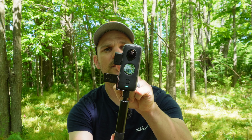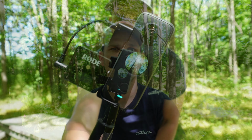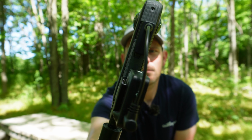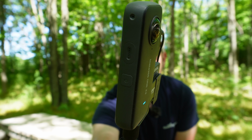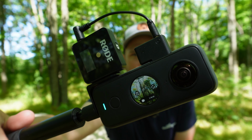You're going to want to pick up the Insta360 OneX2 mic adapter. With this adapter, you can plug in any 3.5mm jack microphone. And the way that I like to use it is with this Ulanzi PT20 adapter that will work with my Rode Wireless Go. Let's go ahead and hook up my Rode Wireless Go to this and show you guys